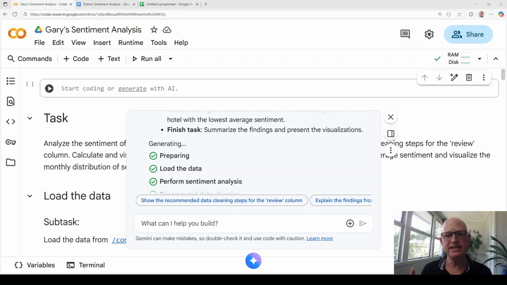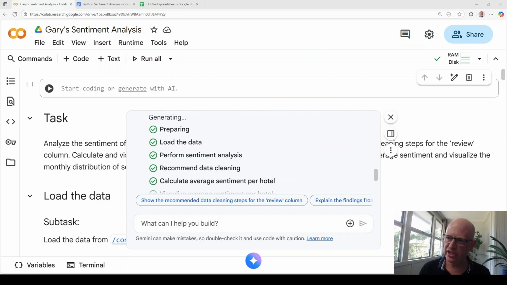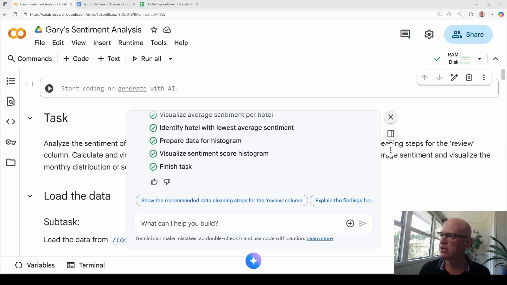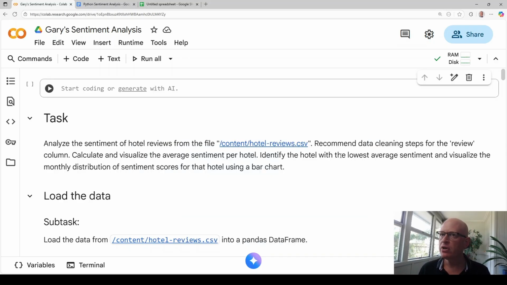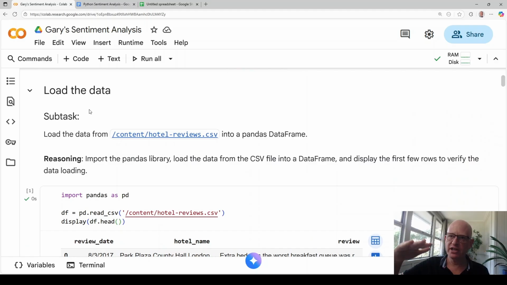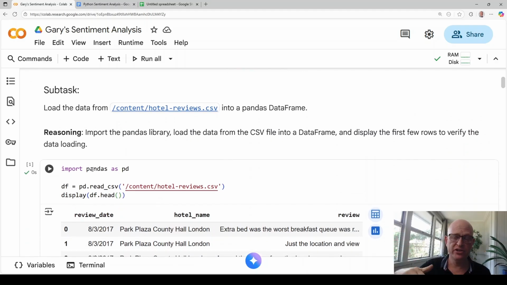The script has now finished running. It took just a few minutes, not too long at all. We can see the green check marks, therefore it's finished. I'm going to click the close button. Okay, going from the top, it describes and comments what it's doing. It loads the data. There we go. It's using the pandas